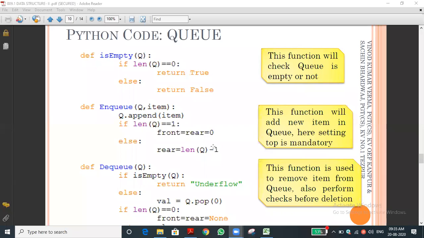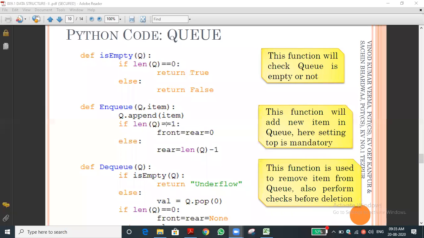For example, sometimes if you are going to a mall or wherever, and there is nobody in the queue, you are the only one person. Then what is that meaning? You are the first person and you are the last person also. Am I right? Have you got it? Yes, sir. So that is called front and rear. Front end also 0, rear end also 0. That's what we are assigning, 0.